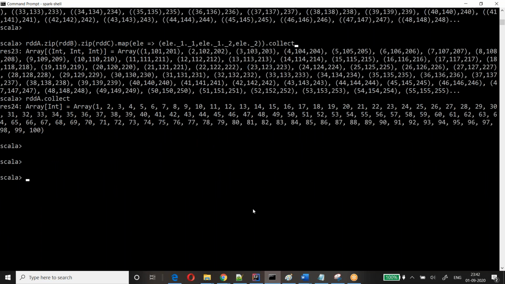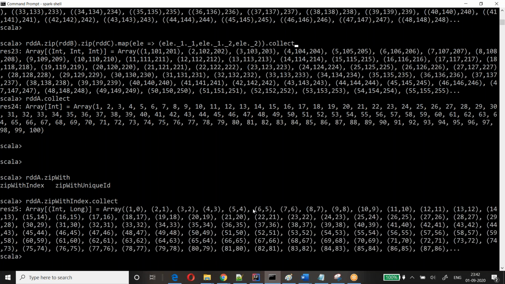Zip with index. Now you can simply say RDD A dot zipWithIndex. Here you really don't need to specify anything. Dot collect. Look here, each element has been appended with an index.